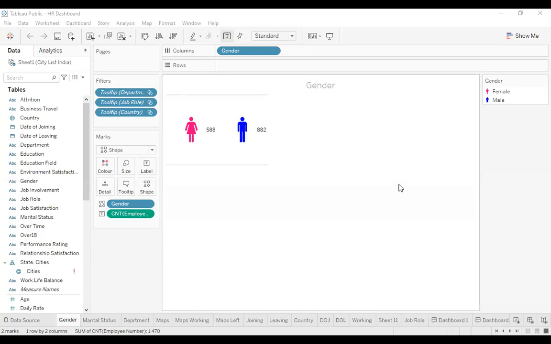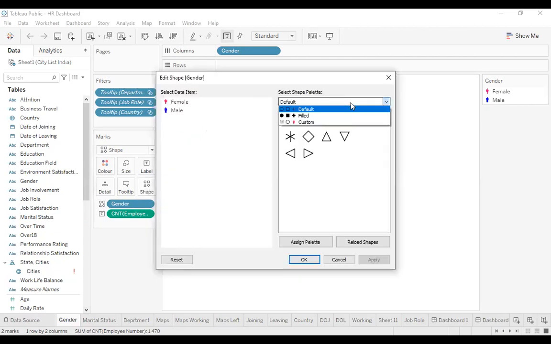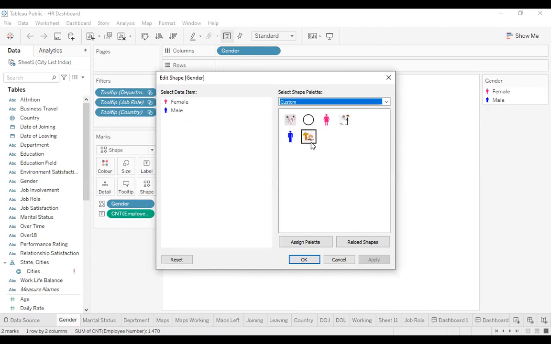So, the entire workbook has been designed here, and to cut short the time, I will explain the entire process that is done here. The first sheet that we have created is for gender. In gender, we have used shapes. So we have got two shapes. Now the shapes have already been explained: the shapes are from the custom field.